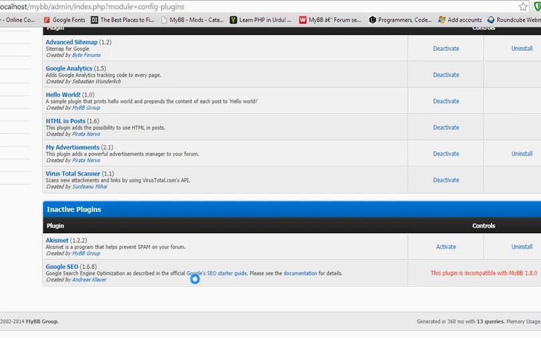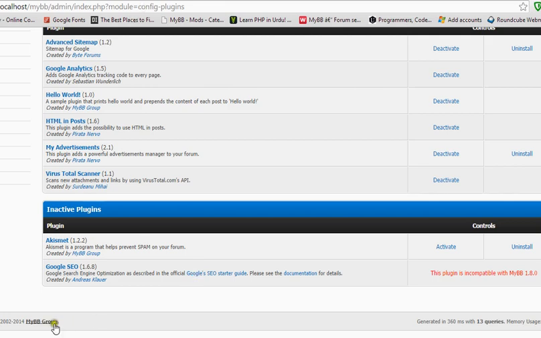So you're thinking that you can edit other plugins, you can do other things, but it's not right. So what will you do when you come to the Google SEO plugin? This plugin requires some trick to be edited. This plugin is not compatible with my v1.8.0. So what I'm going to do today is make it compatible.